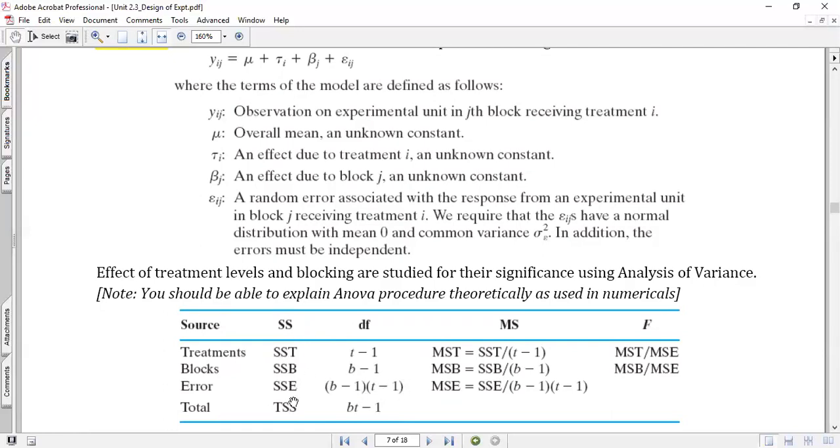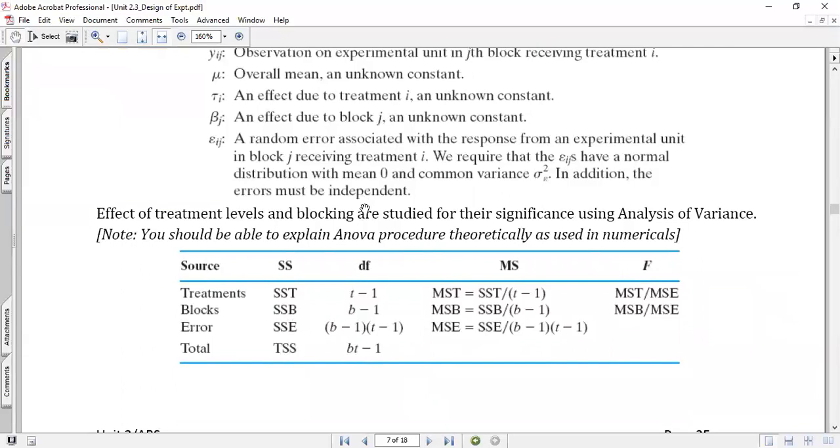Calculation of SST, SSB, SSE and TSS, total sum of squares, is done in a similar way as in the previous ANOVA calculation. In the previous RCT, if you look at it, there was only one F test. Now you have got two F tests. So in the RCT case, it is one way ANOVA. You have only one F test, one way ANOVA. Here you have two F tests, you call it two way ANOVA. If you have more than two F tests, it's multiple ANOVA, MANOVA.